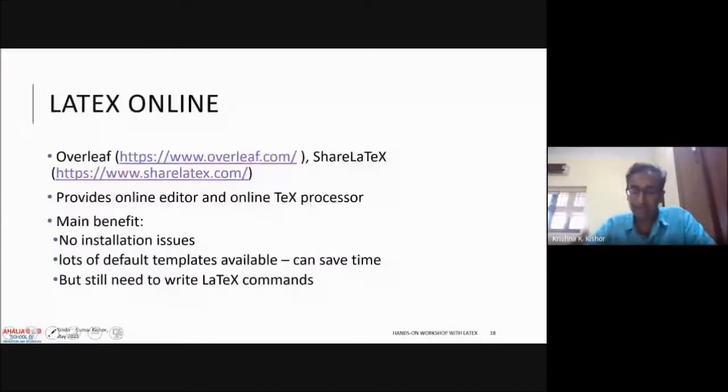Now, coming back, in the past few years, what people have done is they have gotten away from installing things. There are online editors as well, but a stable net connection might be needed. If you go to overleaf.com or ShareLaTeX, you don't have to do any of the installation part. You don't have to download MiKTeX, you don't have to download the editor or anything like that. You can create a document on Overleaf and start typing it.